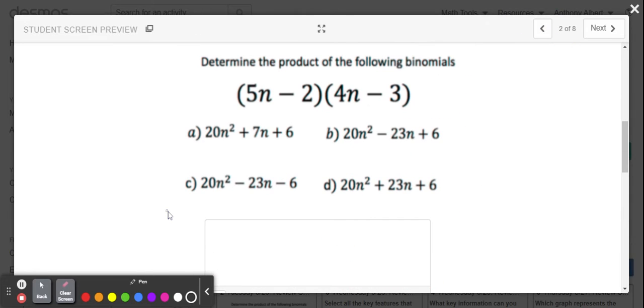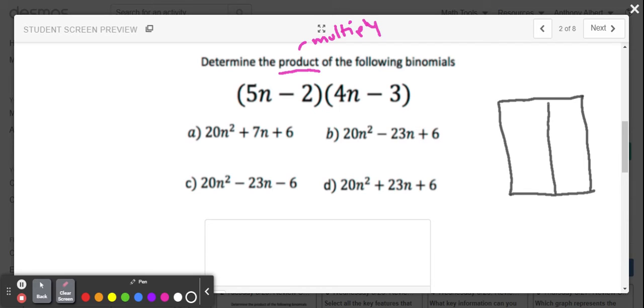Okay, on to the next problem. It says determine the product of the following binomials. Product just meaning multiply. So even though it's phrased in maybe a slightly different way, it's the same thing. We're going to multiply 5n minus 2, 4n minus 3,